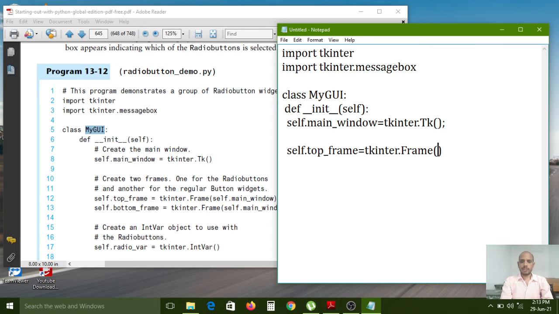The Frame method we have to use. Inside the Frame method, we have to pass where we create the frames, in the main window. So that's why we need to pass it as a parameter in the Frame function. After that, just give one comma. Sorry, for the frame purpose, main window is enough.